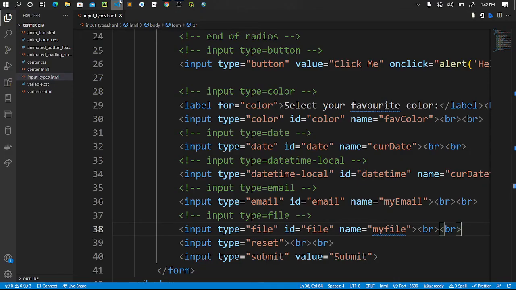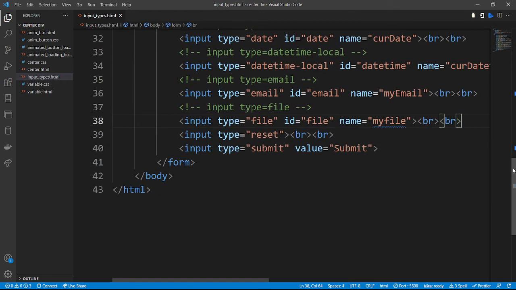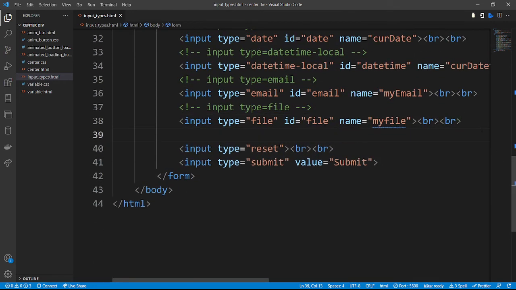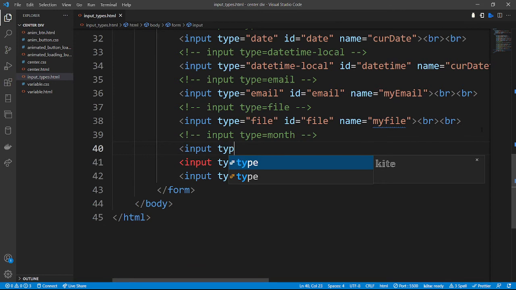The other type of input will be the input type of a month. Input type of a month will basically help the user to select a month and a year. So I'm going to come below here, I'm going to comment, I'm going to say input type is equals to month. I'm going to type input type is equals to month,